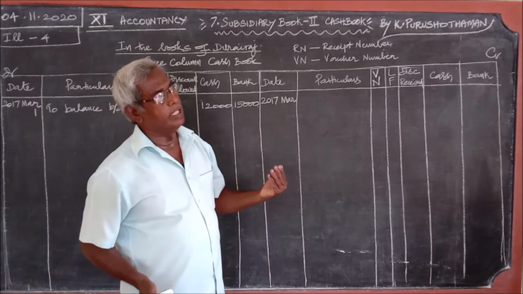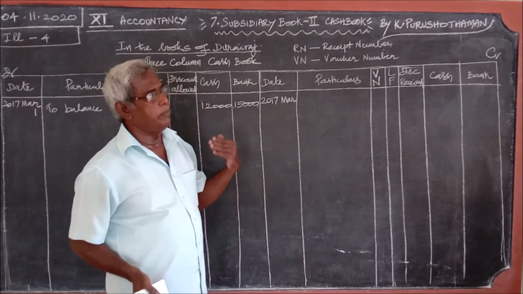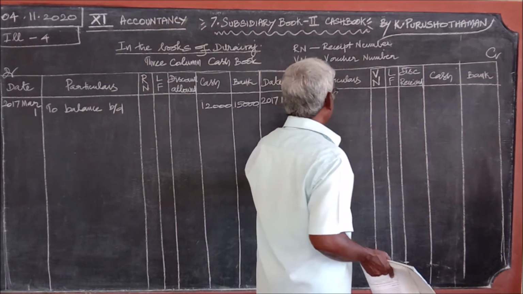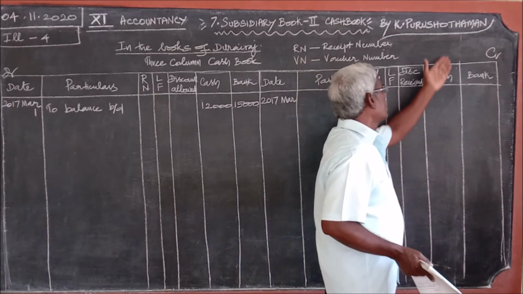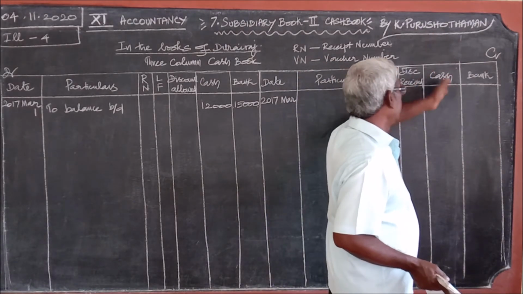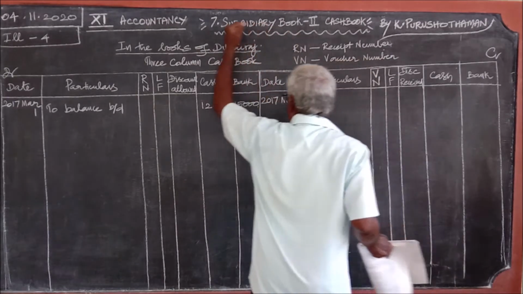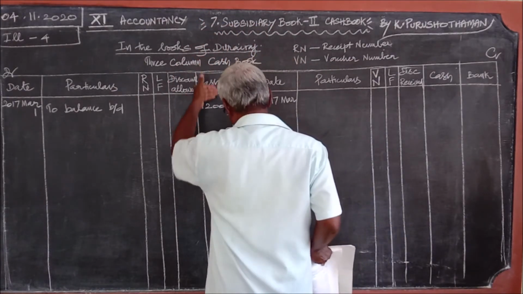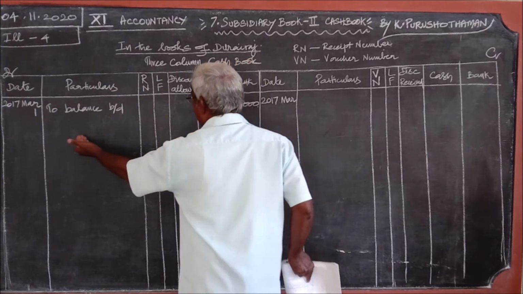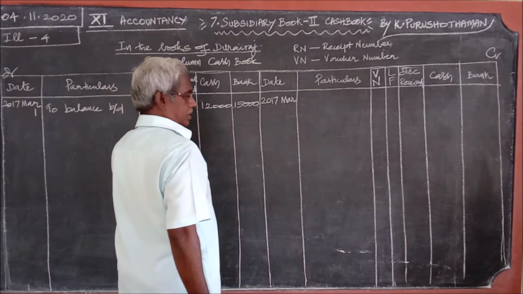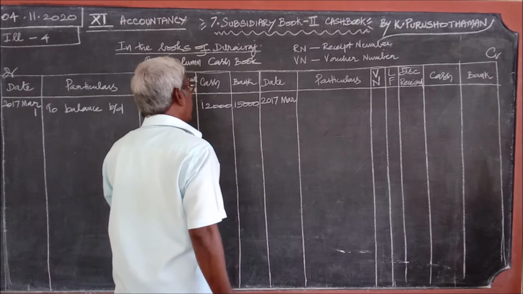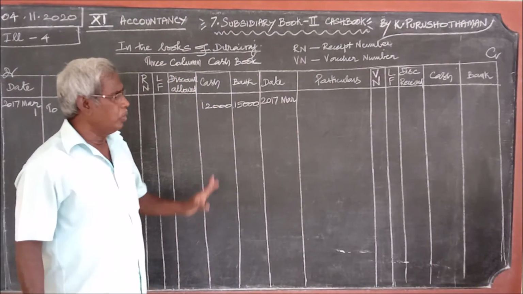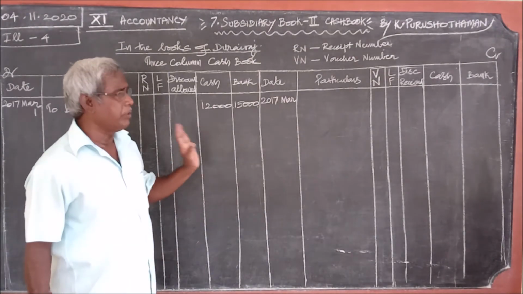In single column and double column, when cash is deposited into bank, paid into bank, what will we write? By bank account, cash goes out. When it is deposited, we will write here. When cash is drawn from the bank for office use, the cash comes in here. Here we will write 2 bank accounts. So this is what we have done already in single column and double column. Now we are doing the 3-column cash book.